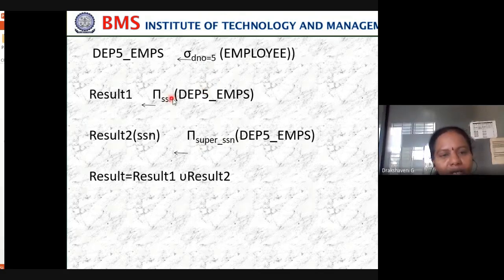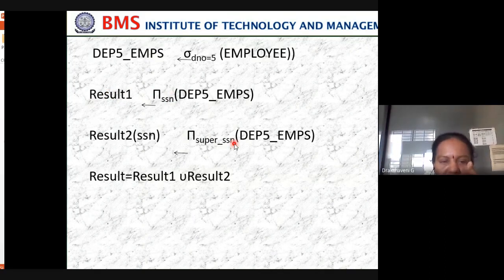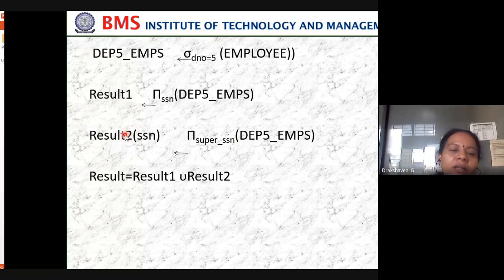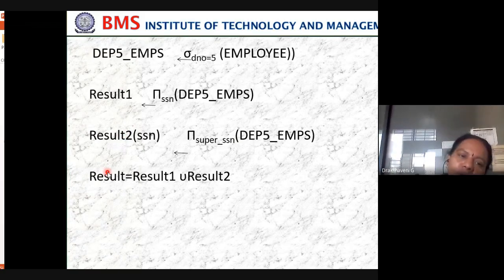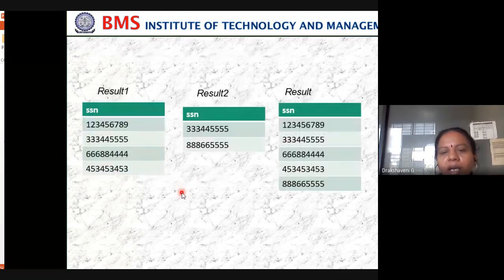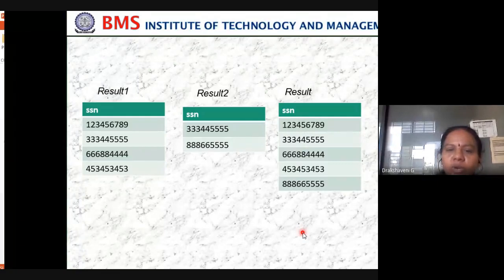I just want only the social security number of MCA department staff. That I'm storing in result 1. In the MCA department, one more thing I'm doing: I want to know who is the HOD there. I'm storing it in result 2. Then I want to know how many employees are there in the MCA department. Combine these two, then you'll get a resultant table. Yes, so this is what is called a union.